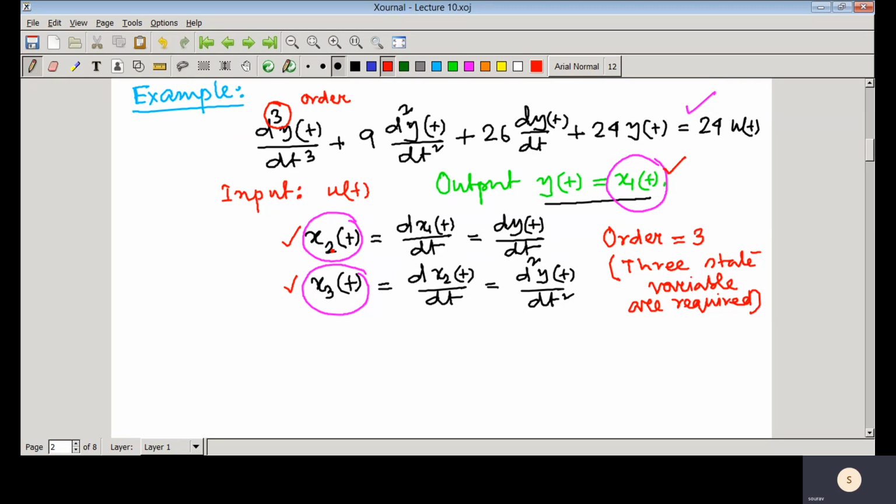Now if you represent this dynamical system, here you can see x3(t) is equal to d2y/dt2. So for this particular dynamical equation, I can write x3 dot, that is dx3/dt, which is nothing but d3y/dt3, which is this term, and that term, they are the same. So here we can just write,